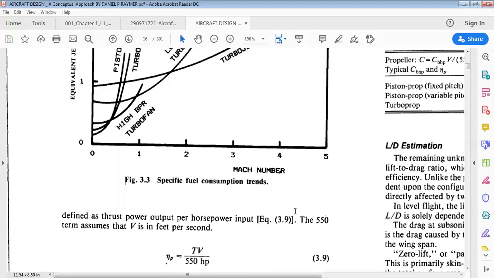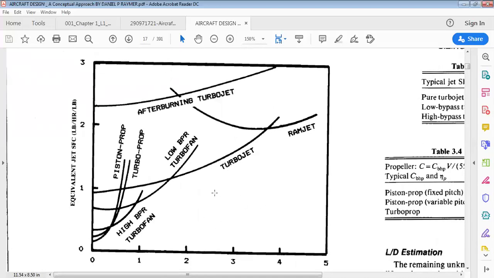Okay, and here you can see the specific fuel consumption of different types of aircraft. We have a high bypass ratio turbofan. These are all gas turbine engines. You can see piston prop, which are propeller engines, turboprop, and high bypass turbofan, low bypass turbofan. Always remember, these low bypass turbofans will be used for supersonic aircraft. High bypass turbofans will be used for subsonic aircraft. Clear? I will speak about what is this bypass, what is this bypass ratio, and why we need to use it, what is the reason behind it. All these things will come in the propulsion selection. When we are studying propulsion, we'll learn in detail about it.